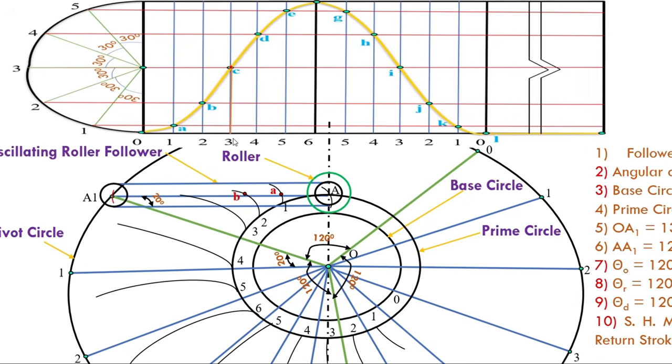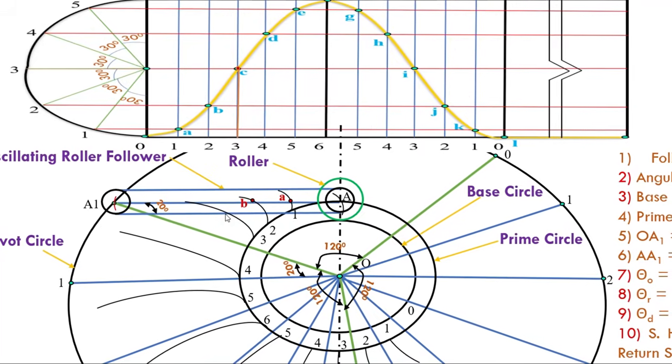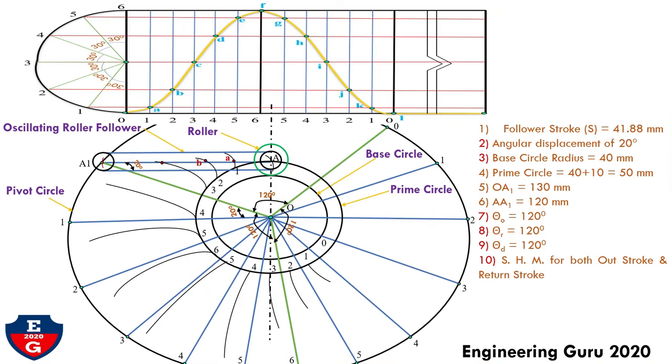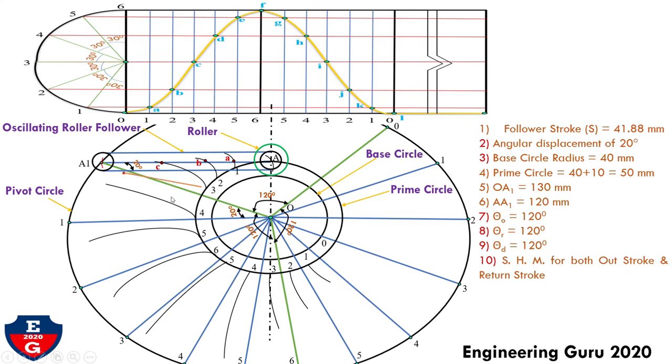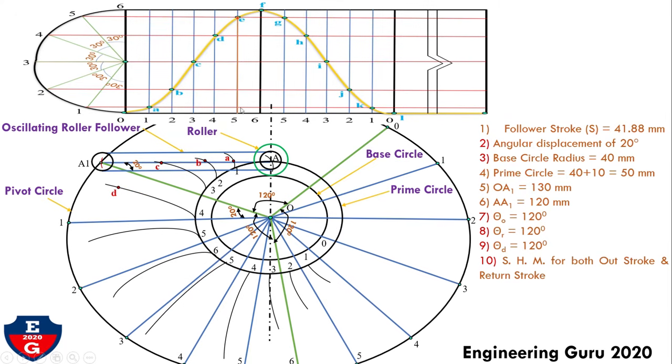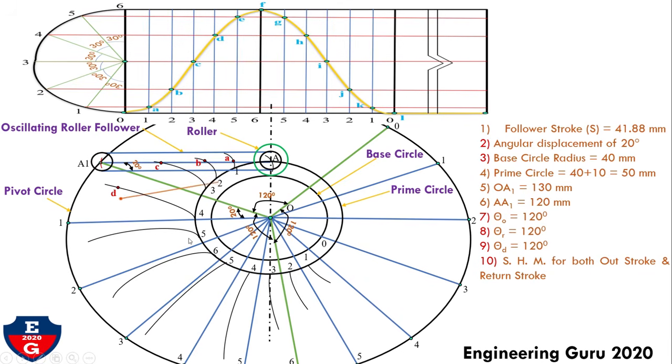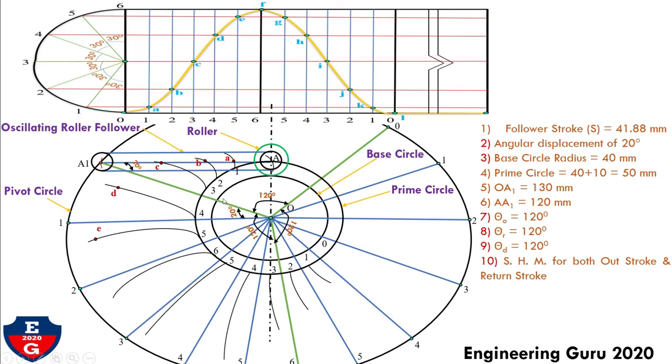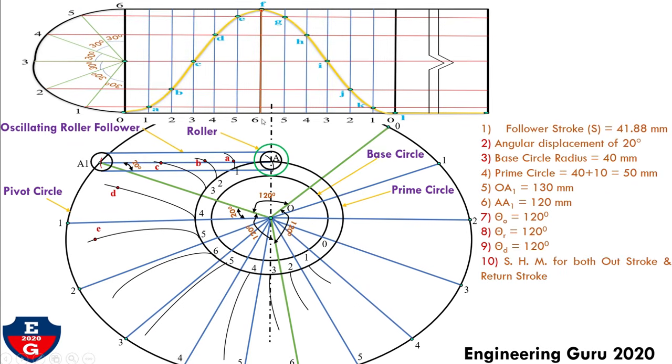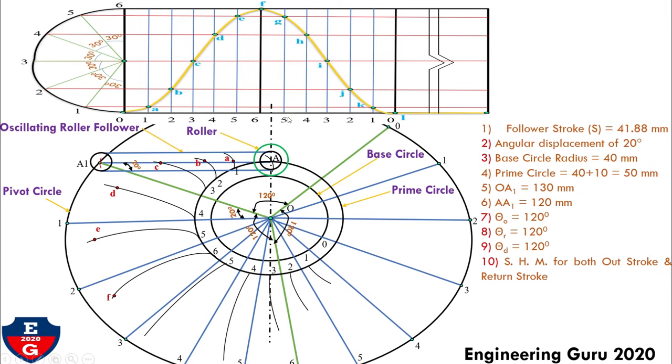Now 3 to C on this arc 3 with the help of a compass, locate the point C. Similarly 4 to D with the help of a compass, locate the point D. Then 5 to E with the help of a compass on this arc, locate the point E. Then 6 to F with the help of a compass on this arc, locate the point F. Then F to G,